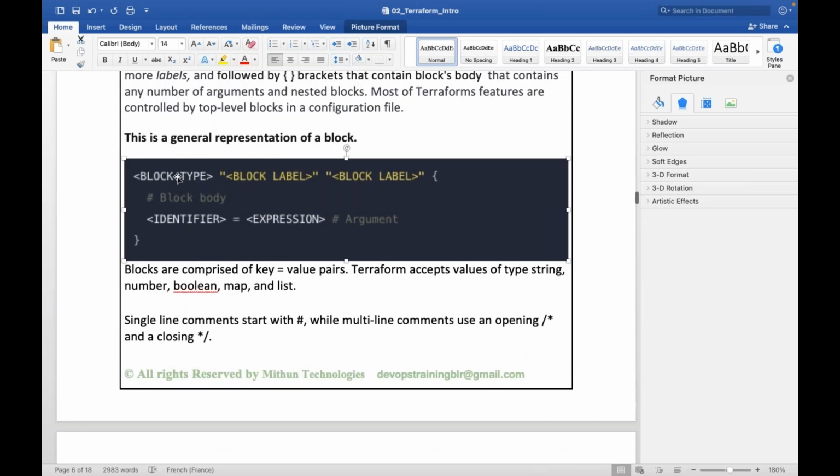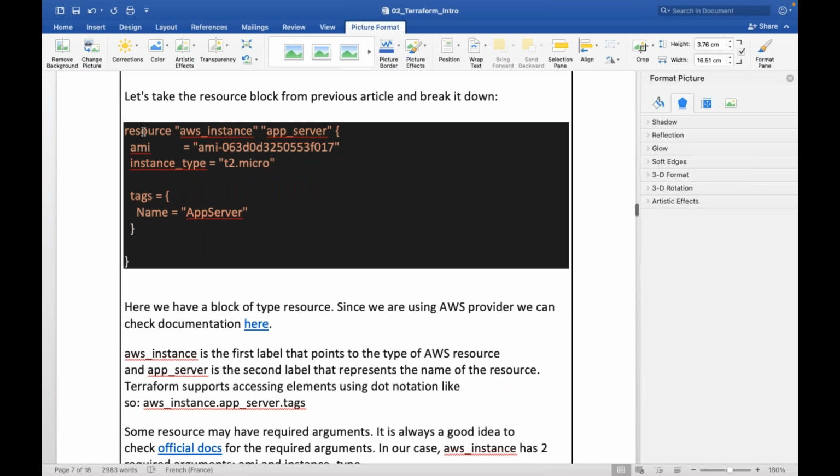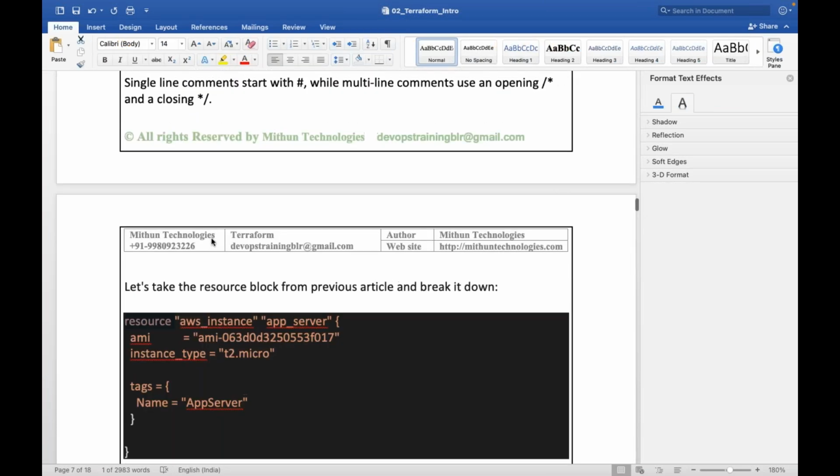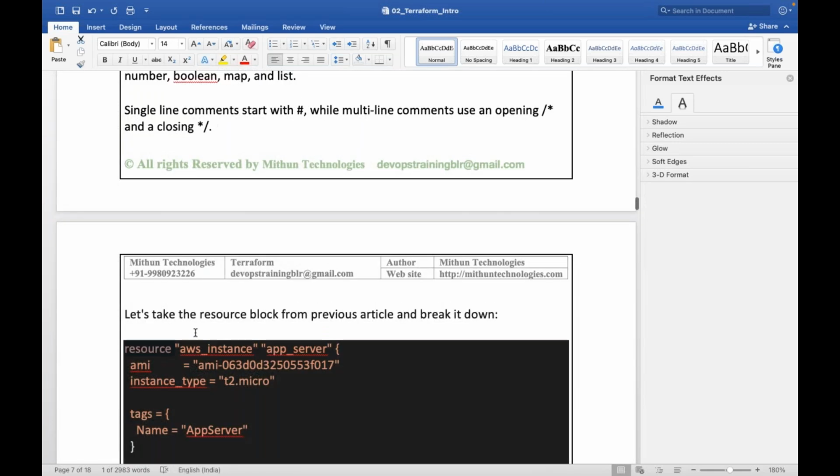So here the block type I am saying is resource block, and this is a block label, and this is another block label. This is the type of the block, that is resource block in Terraform, and this is one label for that block, and this is another label.